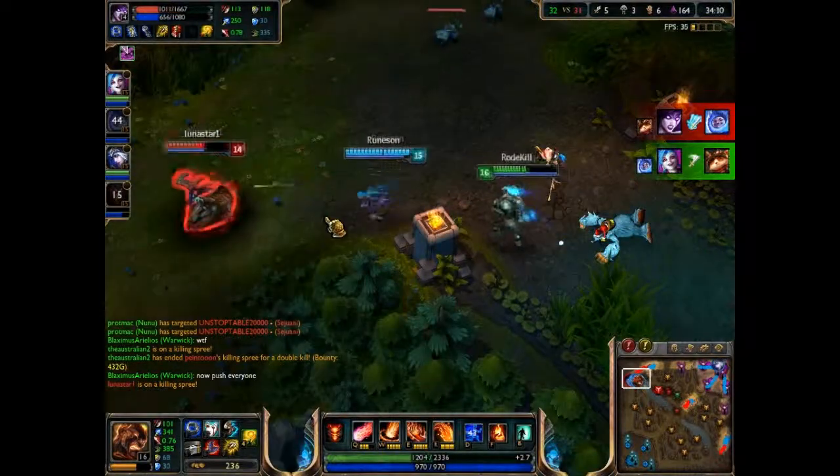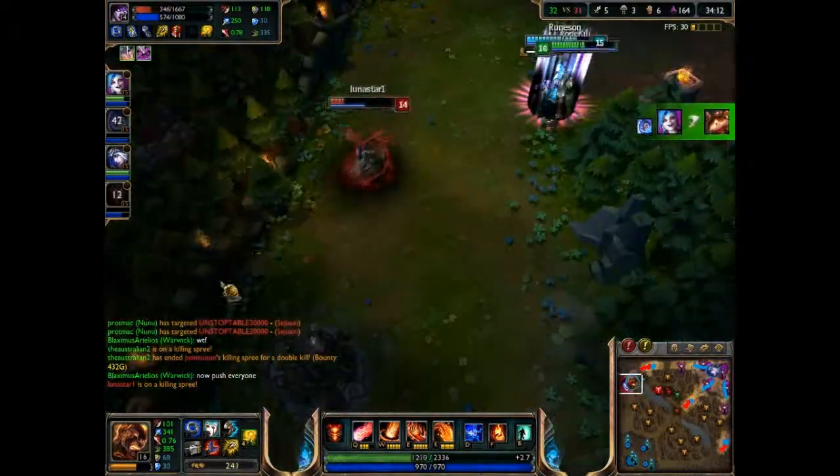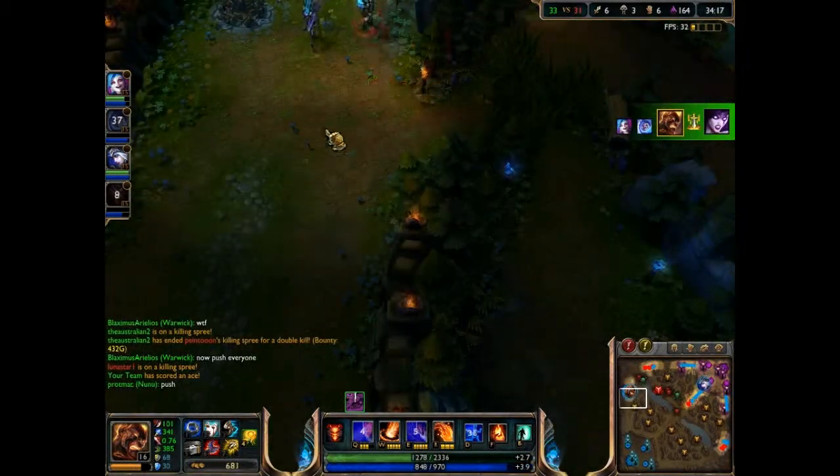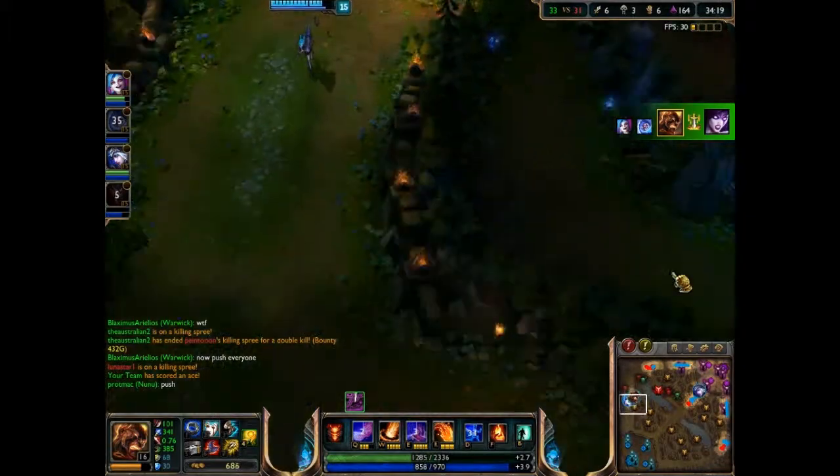I still want Morgana though. Morgana's not getting away. She's gotten away from me so many times this game. I'm just like, no. Yeah. So we got him ace, so we decided to